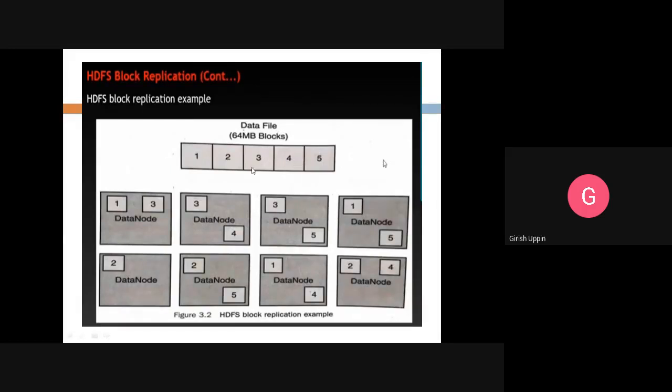Let us say, just to see the failover of the system, we will consider any one data node randomly. Let us say we select this one. For some reason, this data node goes down. There is some hardware problem and it goes down. Then we will lose block 1 and block 5.